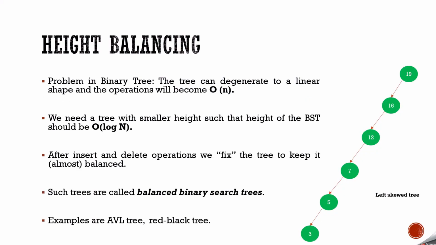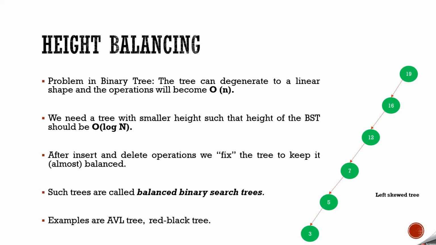Now, why do we basically need height balancing or height adjustment? If you remember our prior classes on binary search tree, we have seen there are some situations when my tree is going to become a skewed tree. Here in this case we have shown a left skewed tree. It may be a right skewed tree also, where the arrangement or arrival of the data is such that it builds a linear tree, like a linear linked list, or linear list.